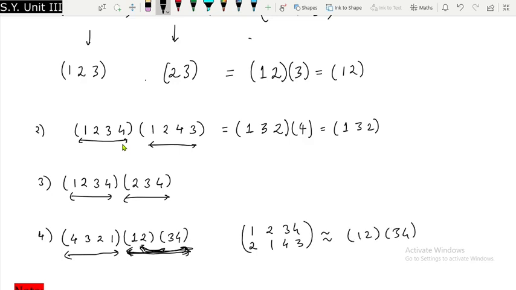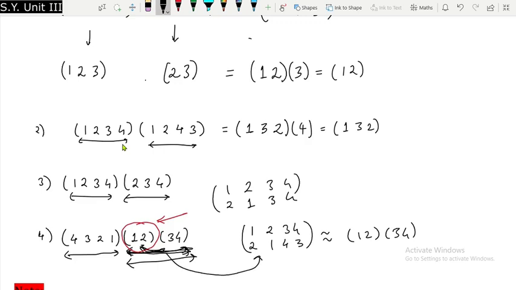But if I treat 1, 2 as one element separately, then what will be the 1, 2 element as a whole? So it is going to be, now since we are dealing with 4 symbols, this 1, 2 is going to be 1 maps to 2, 2 maps to 1, and you can see that 3 and 4 are missing over there. It means 3 is mapping to 3 and 4 is mapping to 4. I hope you are getting my point. Therefore it is necessary to mention that this is one element. So this element is equal to this, okay, and not equal to this.